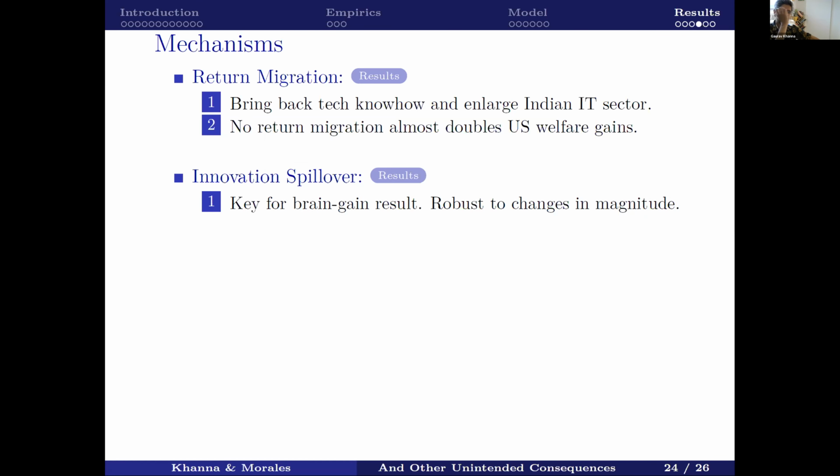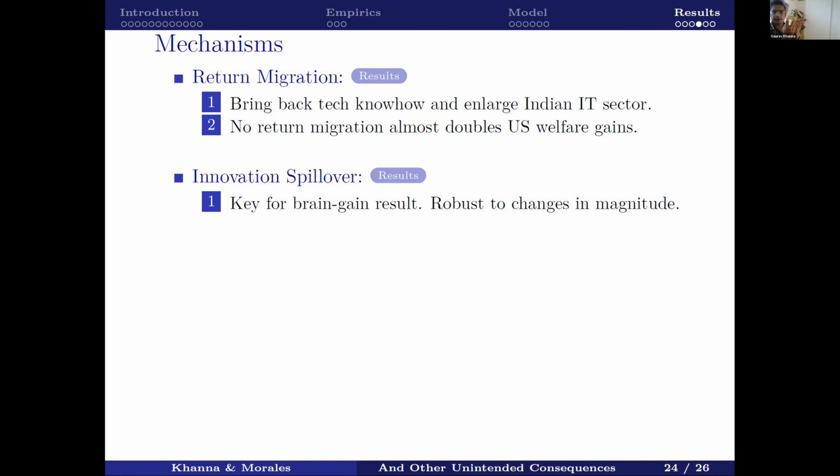But if the return migration is, quote unquote, not as voluntary as we might think, because your visas expire in the US, what does it do? If it's short term, and it's because your visas expire, then the gain from migrating to the US is not as big as one would have hoped, right? Because you have to come back in 3 or 6 years. So fewer students will try to acquire skills to go abroad, because anyway, they have to come back. In the long run, they'll have to work back home in India. So it's not as lucrative to get these skills if they have to come back, right?